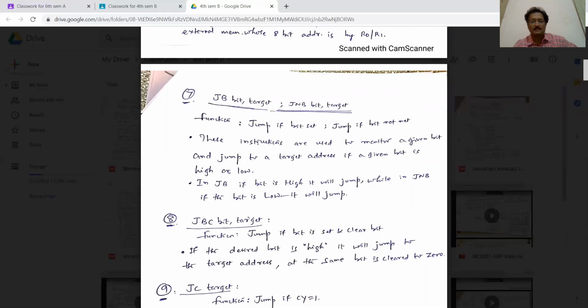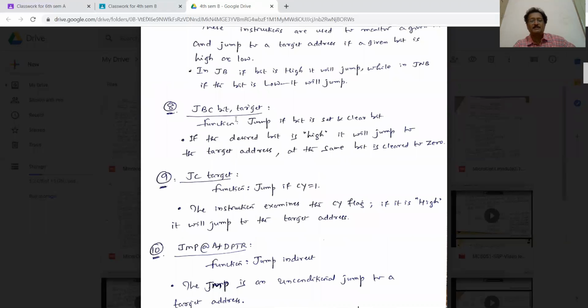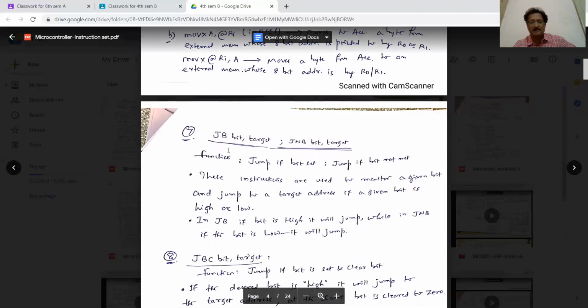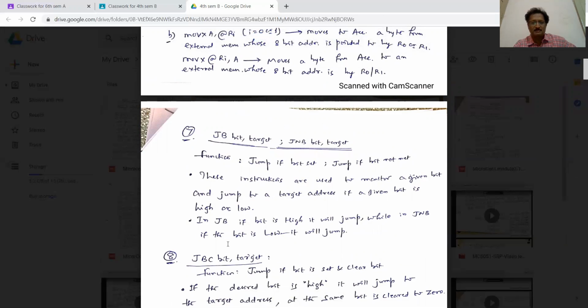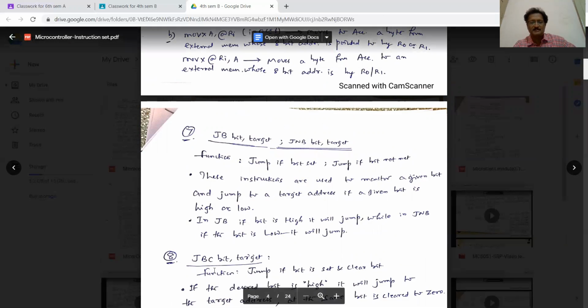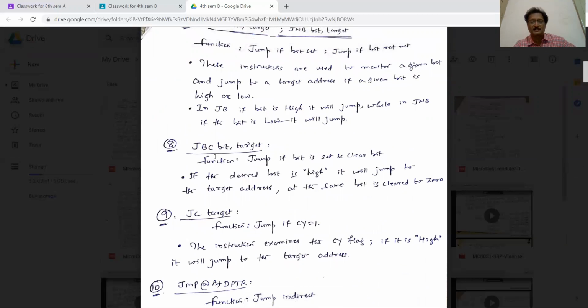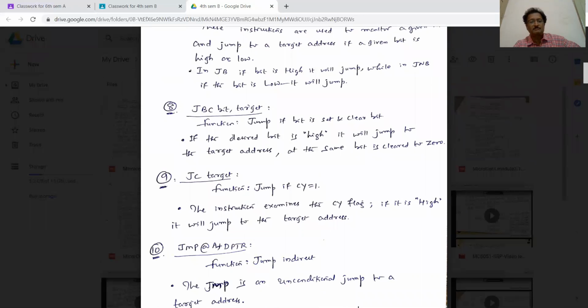Right. Next, JBC bit, target. This is something special in comparison with JB. You just see here, this is JB and this is JBC. What special does it do? It will also jump to the target if the bit is set. Set means 1, logic 1.